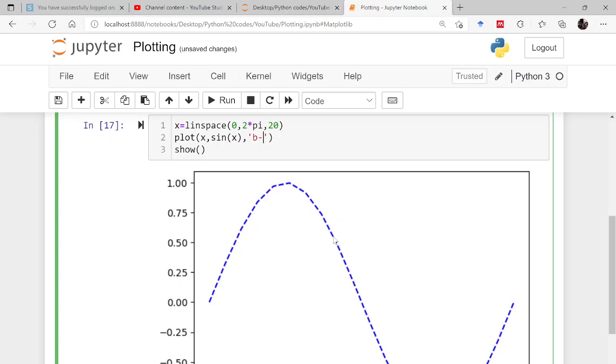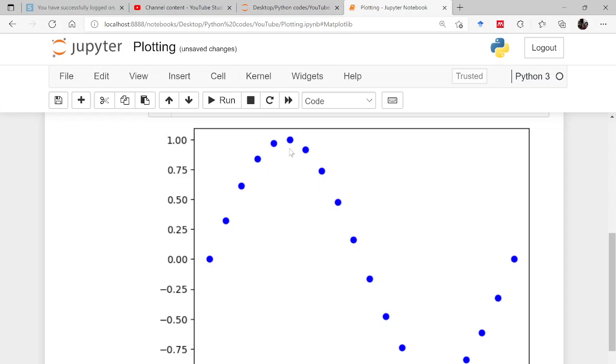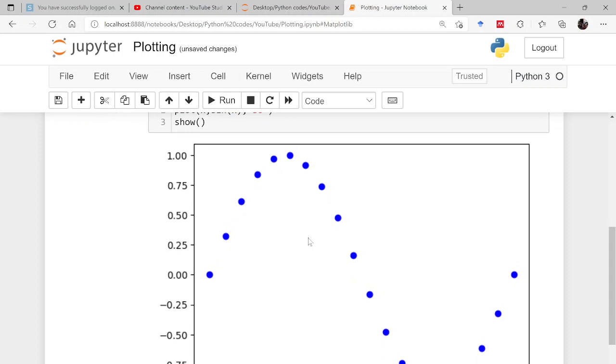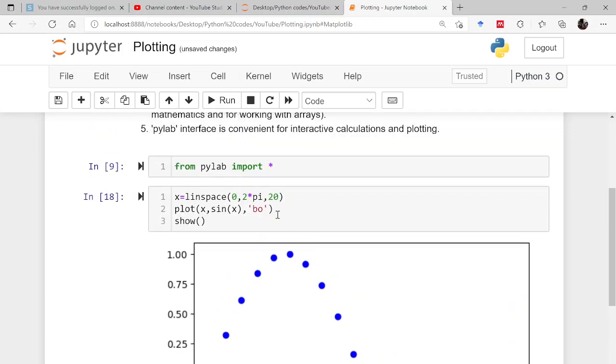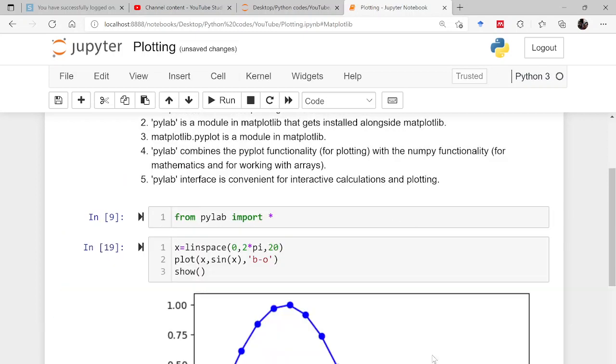So, simple markers. For markers, you will be using o for circular marker, s for square markers, this is for right-hand triangle, this is for left-hand triangle, and let us use only circular markers here. So this is what you will be able to see, dot dot dot dot dot. These are circular markers. You can also change the dimension of these markers. I will be showing this to you very soon, but right now if you add this, there will be a solid line in between these markers.